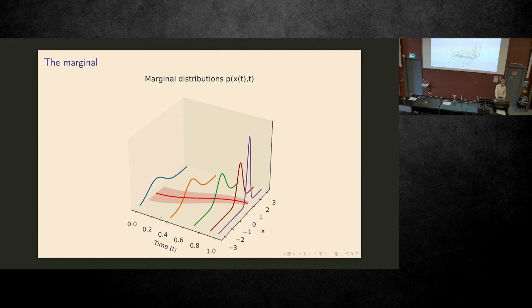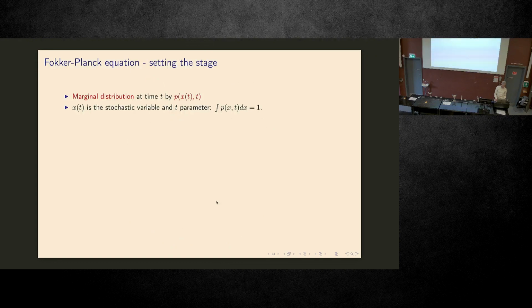So here's an example of this. Time runs from 0 to 1, and I plot the marginal distribution for 5 different times. You can see how this marginal distribution evolves over time. What I will teach you is the equation that governs this movement over time, and how that relates to how we define, for example, an ODE and SDE for the stochastic variable. So there are two things here: the stochastic variable, and the distribution of the stochastic variable. But we will learn about both.